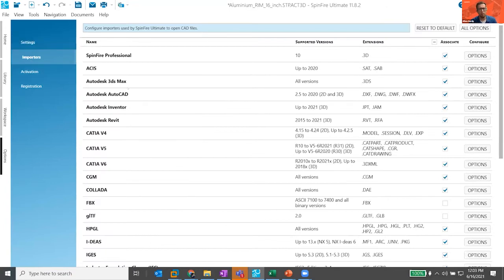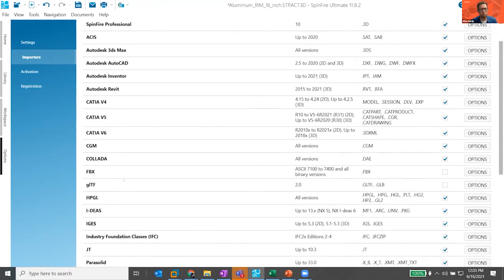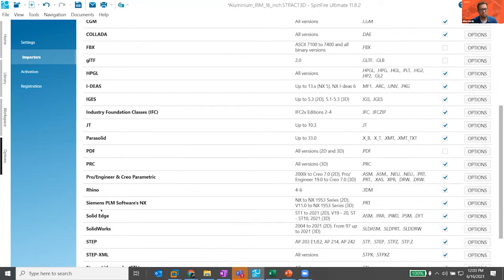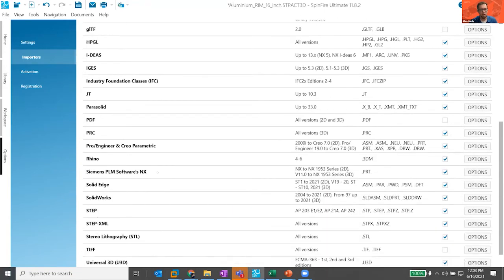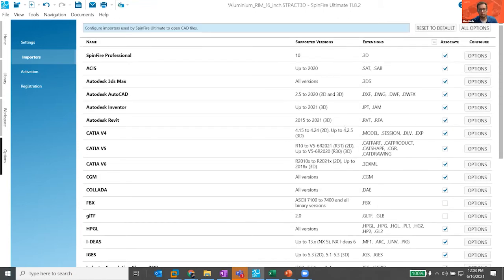We talked about how we can communicate that picture, that engineering data, regardless of the CAD file formats. And we've mentioned we can support AutoCAD, CATIA, IGES, JT, PRC, STEP, NX. And you see with 11.8.2 the files that it keeps up with. We'll come out with a new version of SpinFire multiple times throughout the year to keep up with new supported versions of each one of these CAD